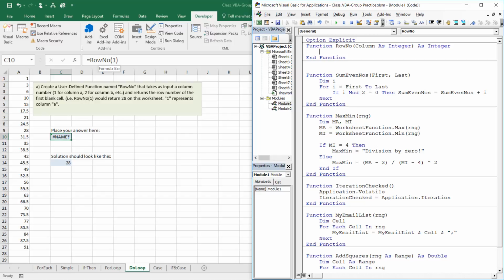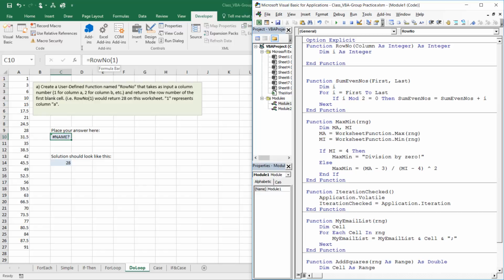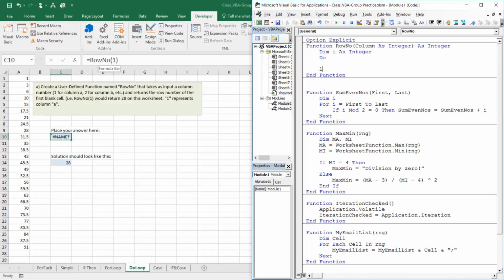Again, I need a counter to use for my iterations to keep track of things. So I'll say dim I as integer. We next need our do loop. I can say do while something is true, or I can say do and then keep looping while something is true. Well, the I to begin with is going to be 0. There is no row 0, so I think I'll put the condition on the loop portion. So I'll say do and loop